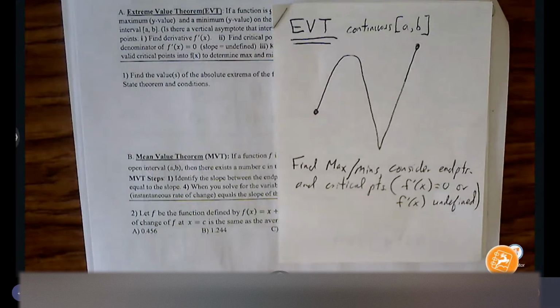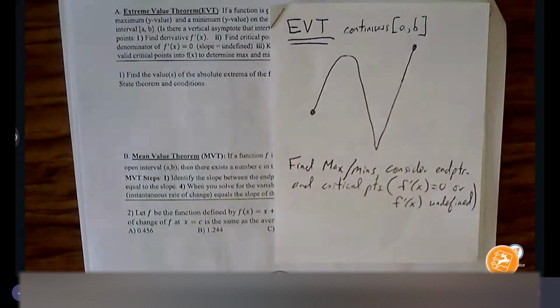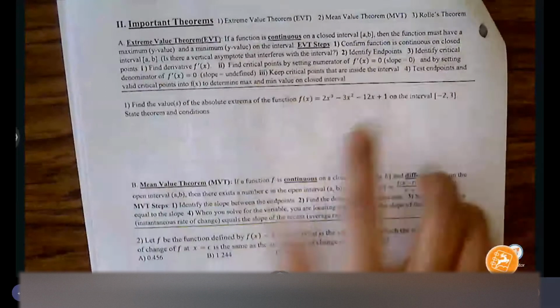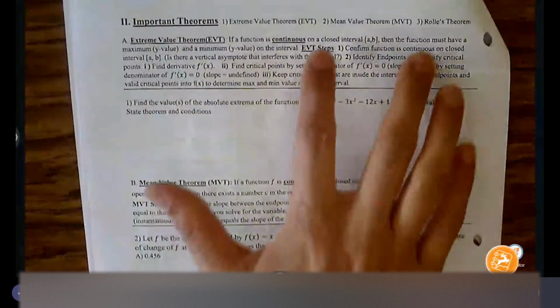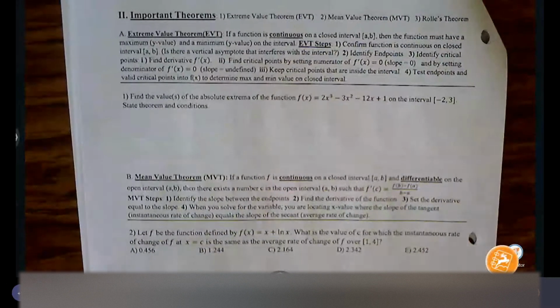It just means that if there are no critical points that land inside the interval, then we're only going to test the two endpoints. And we have two points rather than more than that. So we take our valid critical points and our endpoints, and then we plug them into the original function, and then we get their y values. Okay, and then we compare the y values. Your highest y value is your absolute max, and your lowest y value is your absolute min. All right, so I have those steps highlighted here,